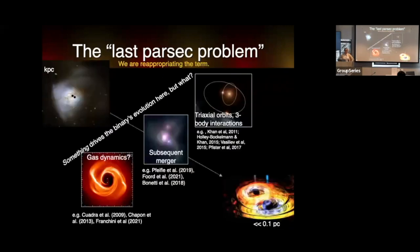I think there is some sense that it might for some systems. But generally, it's been realized that if you take some kind of realistic galaxy shape, like a triaxial galaxy with triaxial orbits, you don't actually get loss cone depletion. You keep feeding stars into the center. So 3-body interactions can continue at some meaningful rate. You also have gas that's coming in and driving the evolution of the binary relatively rapidly to coalescence, or at least to the regime where you're emitting gravitational waves. And if those things fail, at some point, you're just going to get another galaxy coming in and drive that